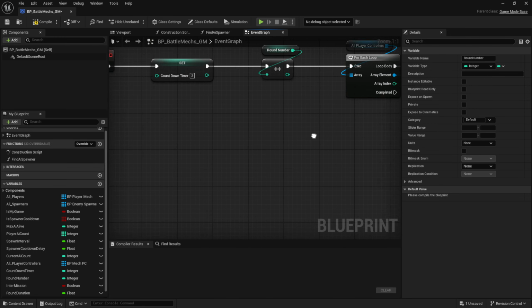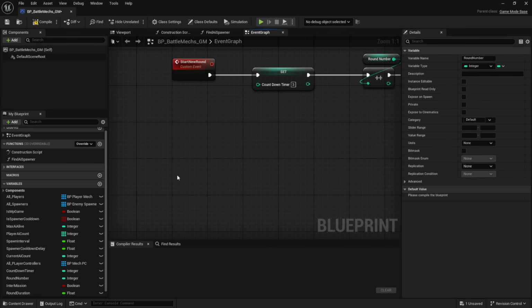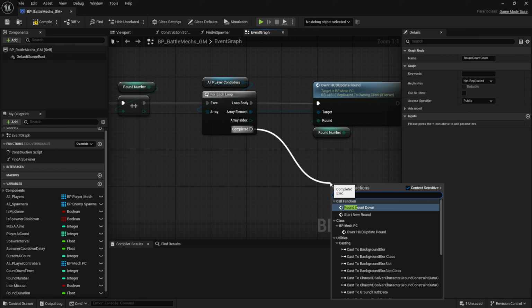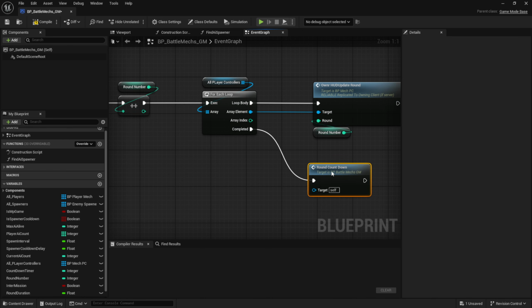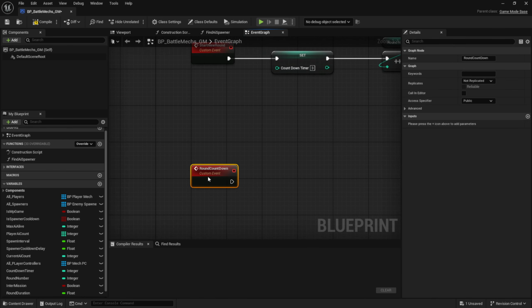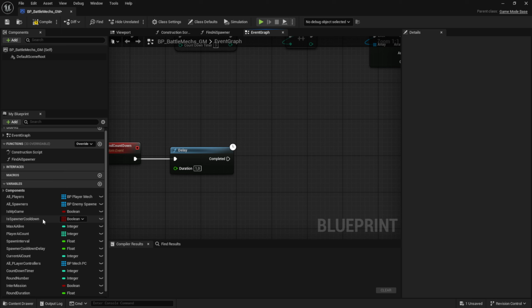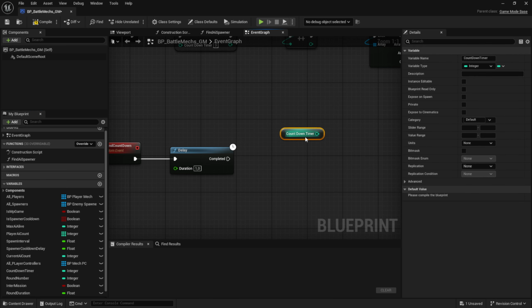Then we want to start the countdown, and we're going to do that in a second event. So let's create a custom event again, and let's call this one round countdown. So we want to call this event from the completed pin over here. So round countdown. And then for this event, the first thing we're going to do is wait for 1 second. So let's grab a delay, wait 1 second, and then we're going to grab our countdown timer and we're going to